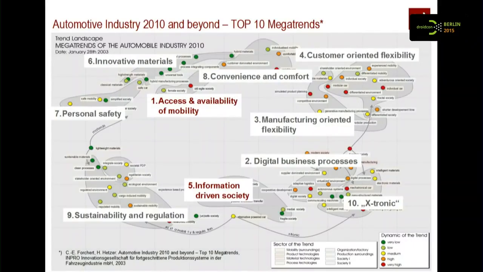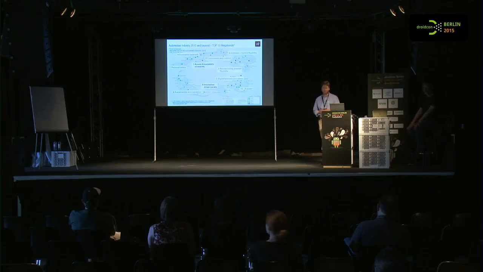We did this scenario analysis with many experts in 7 fields of operation: materials, vehicle concepts, manufacturing technologies, production organization, mobility demands, and of course societal issues. And because of different societal issues, all the trends did not mix up in one central point. They are divided into different areas. And when you look at this landscape map,